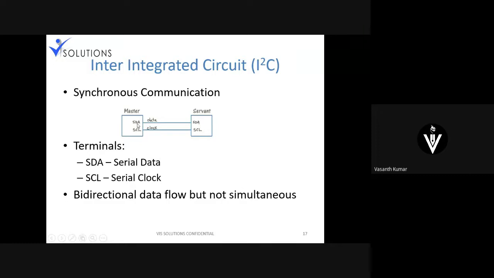One is SDA. SDA stands for serial data. SCL basically stands for serial clock. And you can see here, SDA stands for serial data, and SCL stands for serial clock. You can see there is always data being transmitted, and one clock being received. This is basically bidirectional data, which means that you can also send the data back from the slave through the same wire.